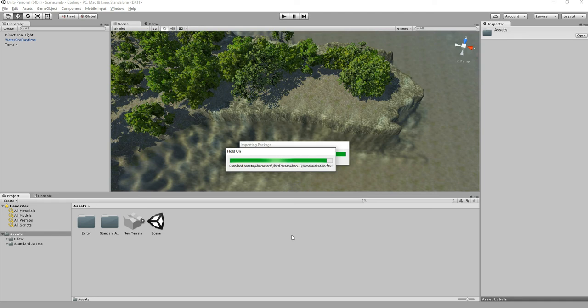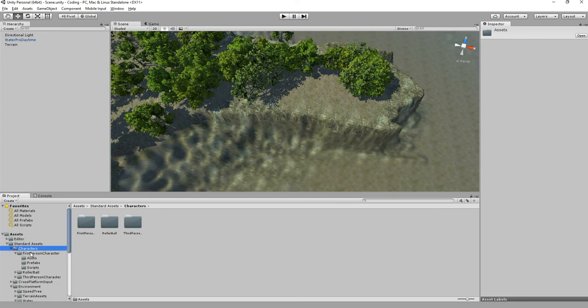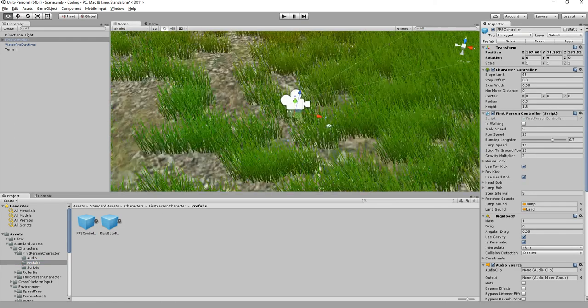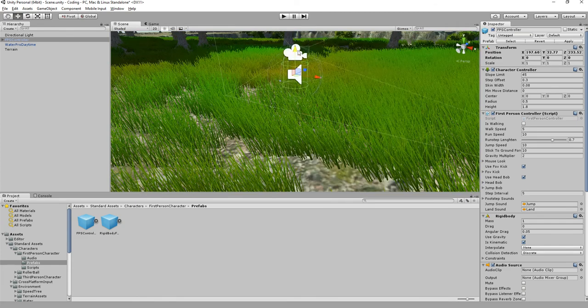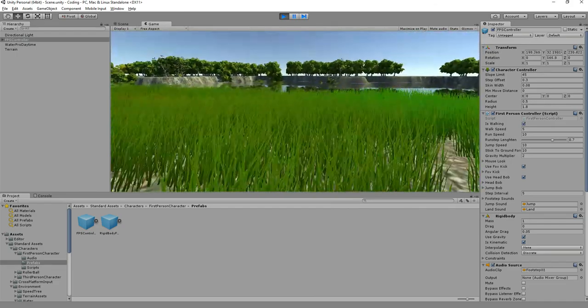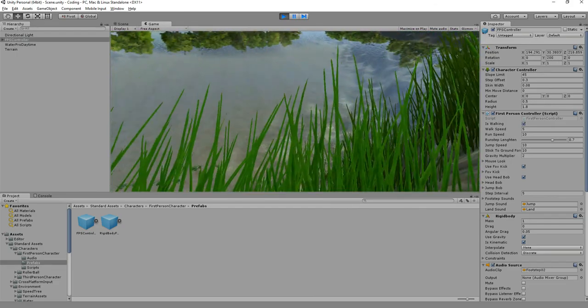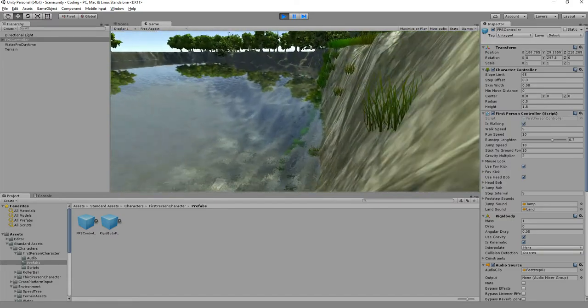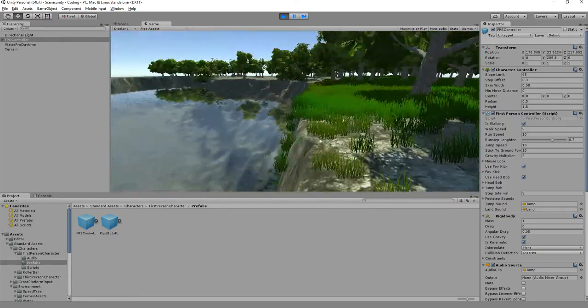Almost done. There you go. Again, it can be found under the standard assets, characters this time, first person character and then the prefab. And then you can just drag it in the game. Hit F so you can zoom in on the object and a little bit higher, something like this, and then just hit play. And voila. We're playing the first game. Does it look good? Not really, but